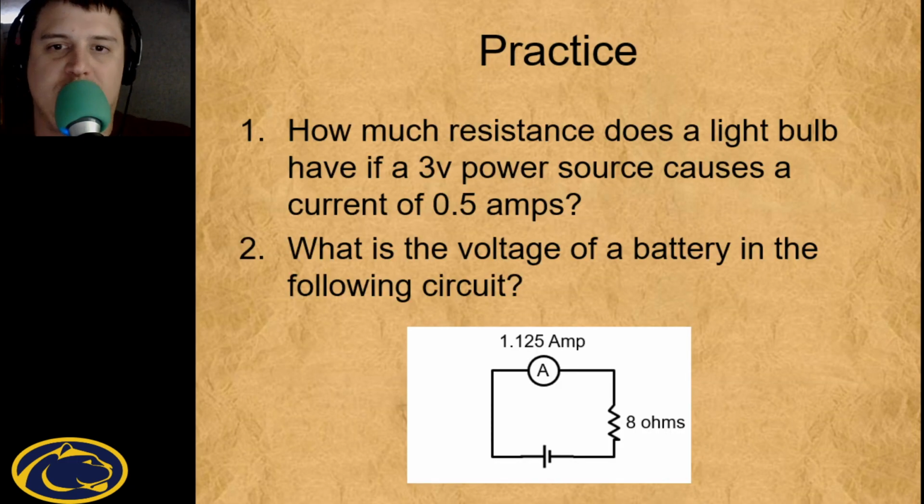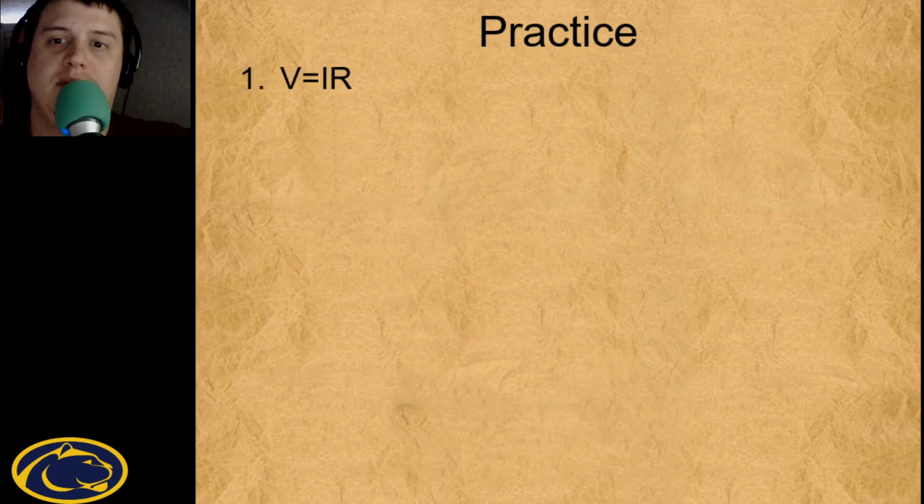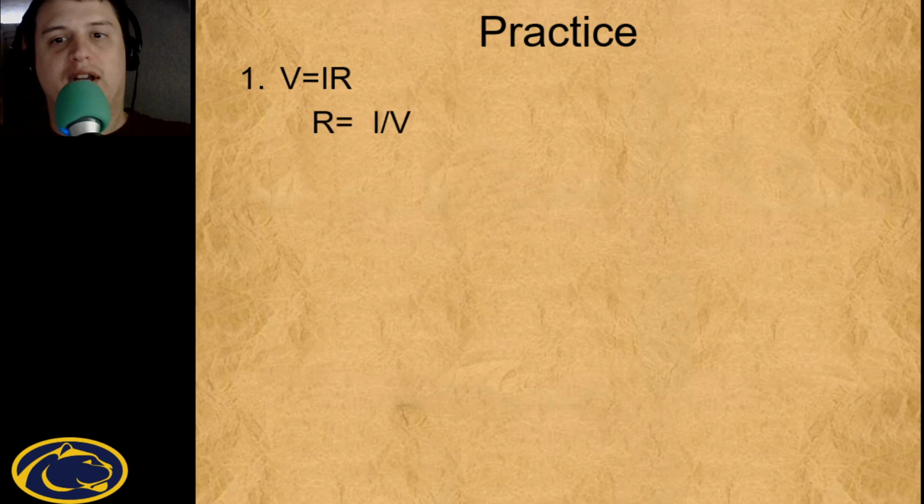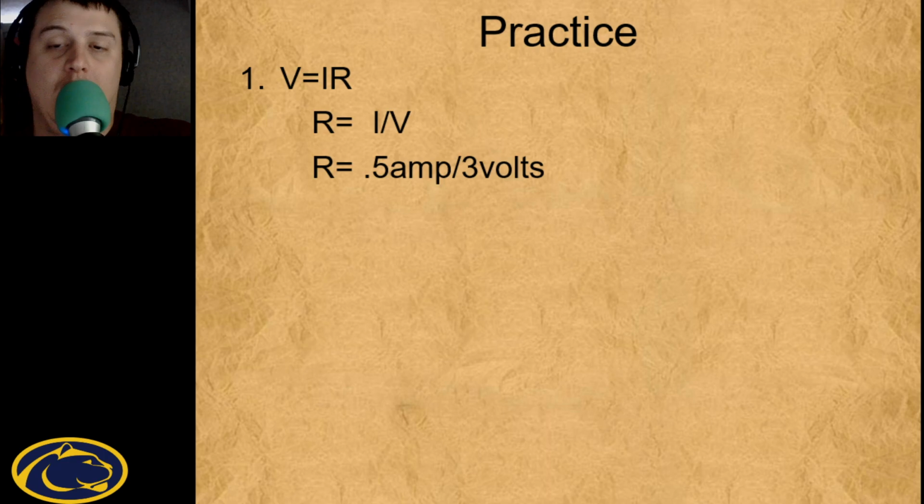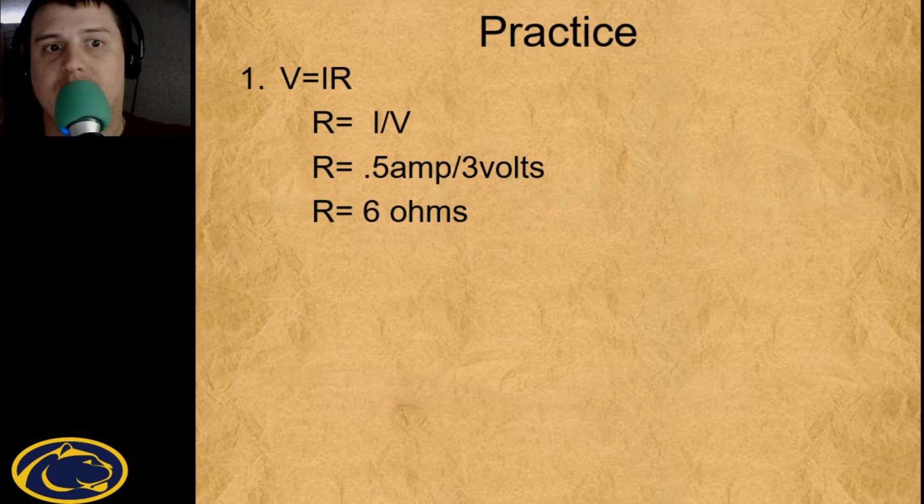So we're using voltage is equal to current times resistance, V = IR. We're going to rearrange the equation to R is equal to V divided by I. R is equal to 3 volts divided by 0.5 amp. So our R is 6 ohms. Why does 3 divided by 0.5 turn into 6? Because remember, multiplying